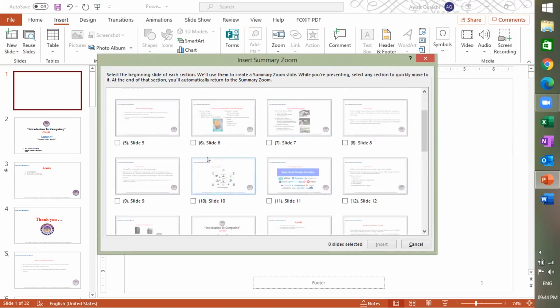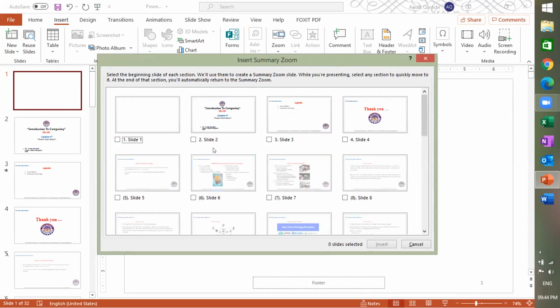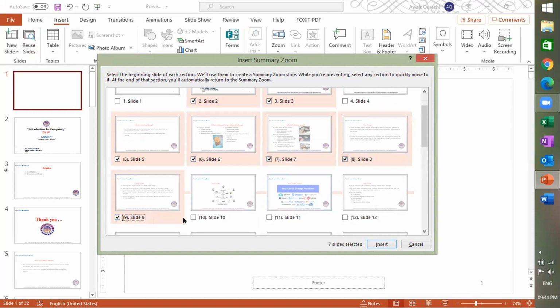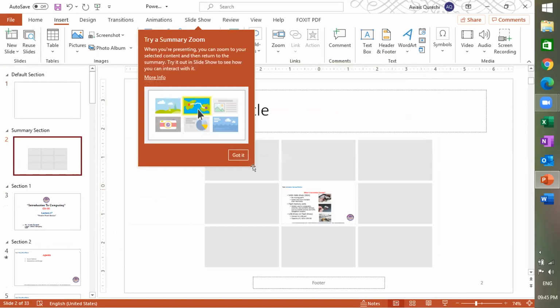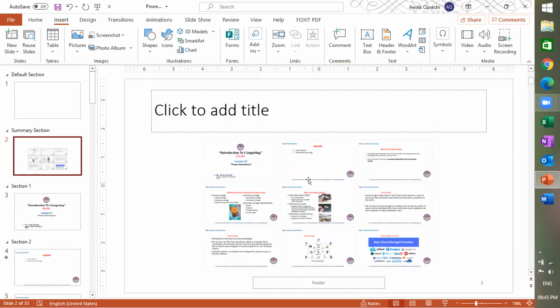Because we are creating a summary of the slides of our presentation, let's add some slides, like, let's suppose my first slide and second slide. Because these slides are hidden, first I will unhide these slides, and then they are visible over here. Okay, 5, 6, and 8, and 9 and 10. I'm adding a couple of slides. So I have added these slides in the blank slide, and now let's move on.